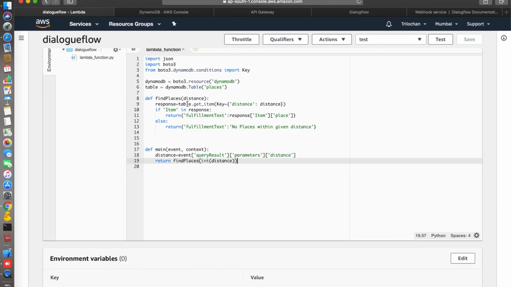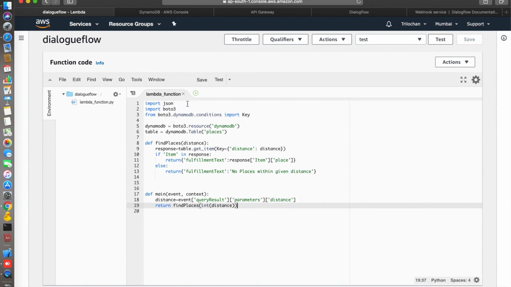Before that, you can check my Lambda code. This is very simple. I have used Boto3, and the table name is Dynamo Places. I have used DynamoDB, and you can check my videos; I will give the link in suggested videos. This is a very simple program I have written to get the place name using the distance variable.